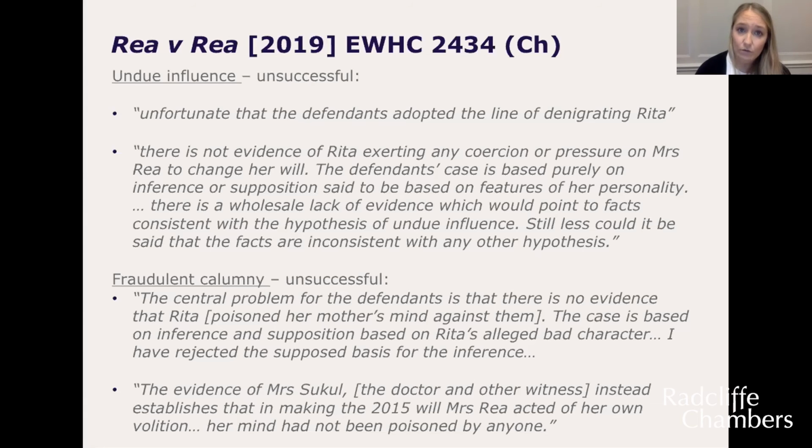Neither of them referred to the Schrader and Schrader quotation I went to, that you'll recall was where Mr Justice Mann said, in these cases there often won't be direct evidence of undue influence, so you have to prove it on circumstantial evidence usually. Obviously in these two cases, it sounds as though the evidence wasn't directly about the preparation and execution of the will, but was more a mudslinging match and trying to ruin someone's character to prove that they were such a bully the court should infer that there was undue influence. But I would just warn that I don't think that these cases should be treated as authority that you need direct evidence of undue influence, because Schrader is still good law.